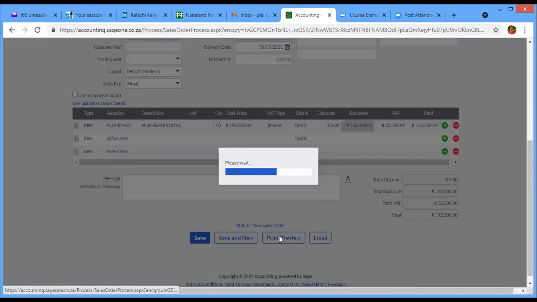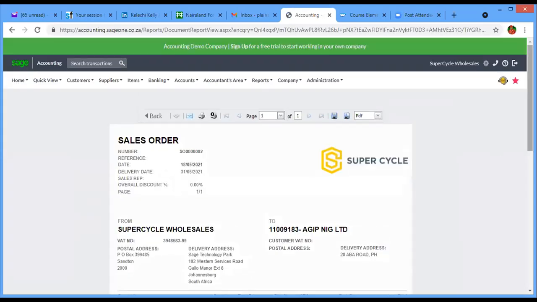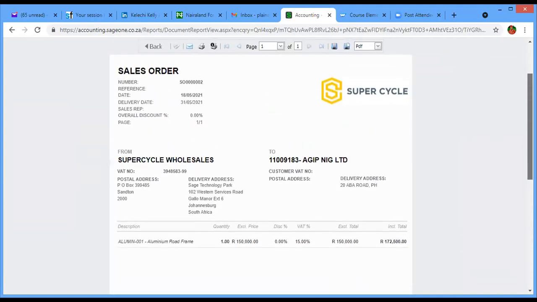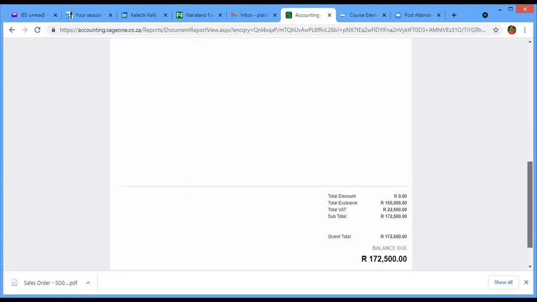Print preview. If you click on print preview, it's going to show you basically a customized invoice that is generated by the system. You have the option here to print or to print current page. You can also save this report on your system or save it as PDF and all that. So if I click on save, for example, it's going to convert this invoice to a PDF, so you can attach it and send it via email, or you can email